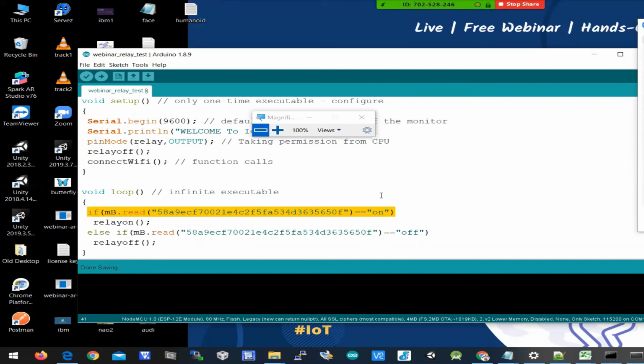The second, when you are designing this kind of project, there should be both manual control, which is a switch control. Generally in our homes we'll be having a switch control, right? When you press the switch, your light will be on. So when you're designing this kind of project, there should be both a switch control and also Wi-Fi control. If Wi-Fi is not available on NodeMCU, you can bypass that case. You can work with the switch also.